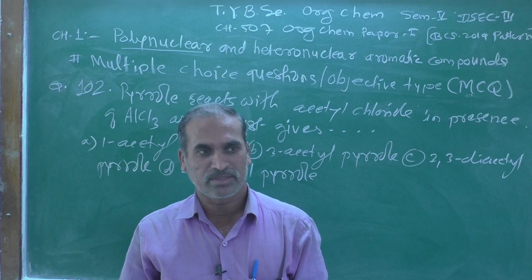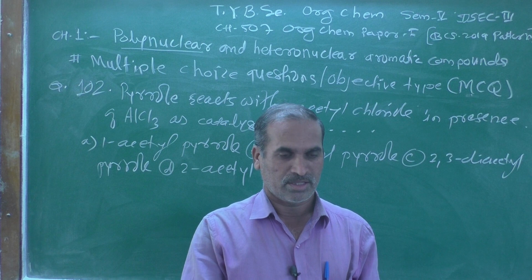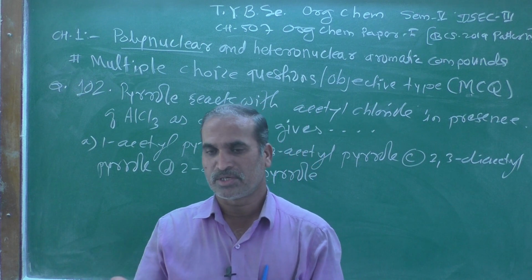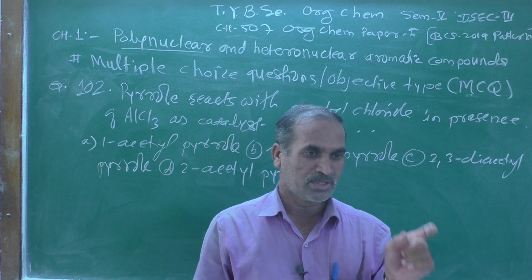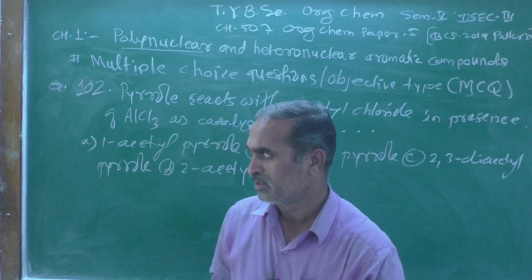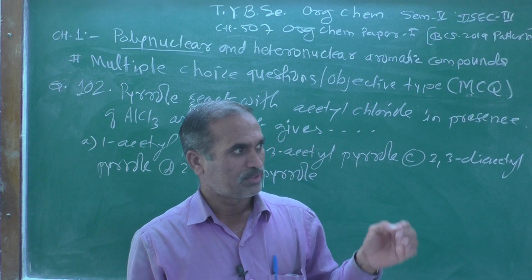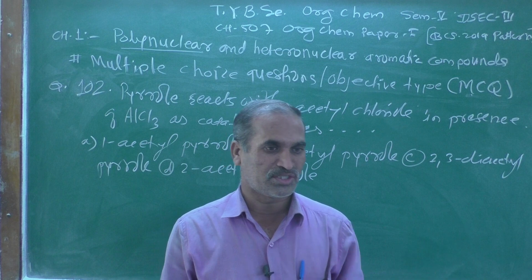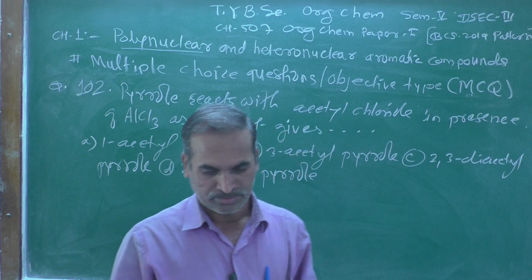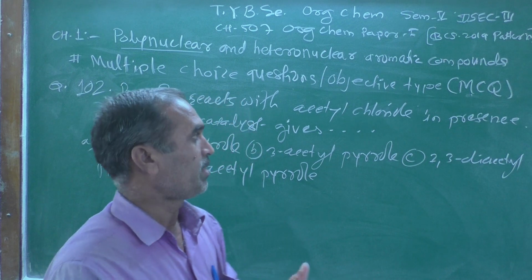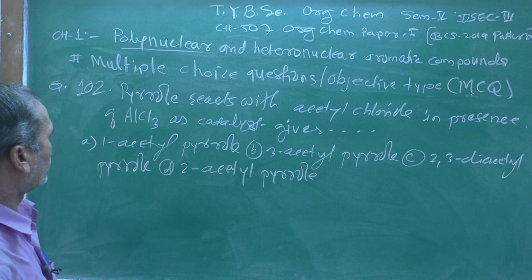Do you remember what we were discussing yesterday? I think we were discussing multiple choice questions, or objective type questions, based on question number 1 according to the new revised syllabus of the choice based credit system, 2019 pattern. So let's see the remaining problems, remaining examples, that is 102.